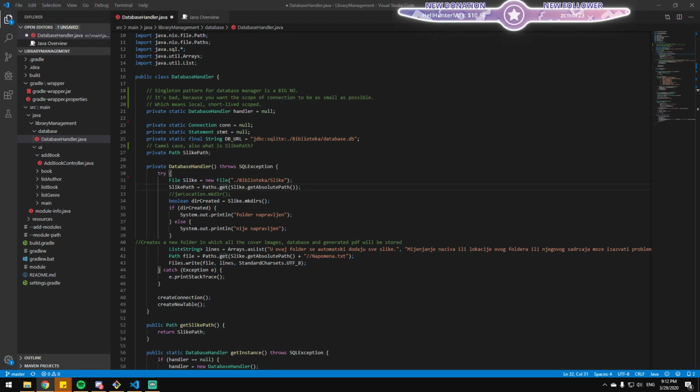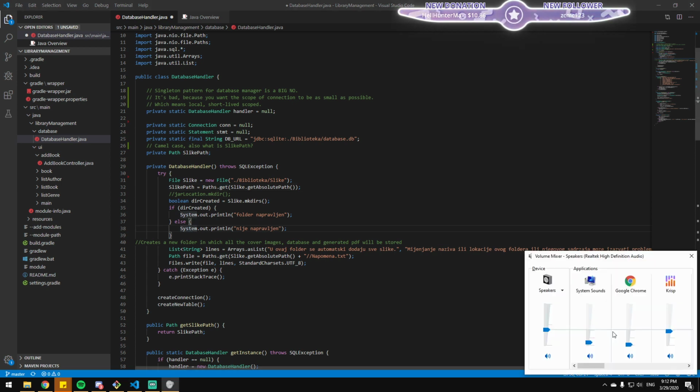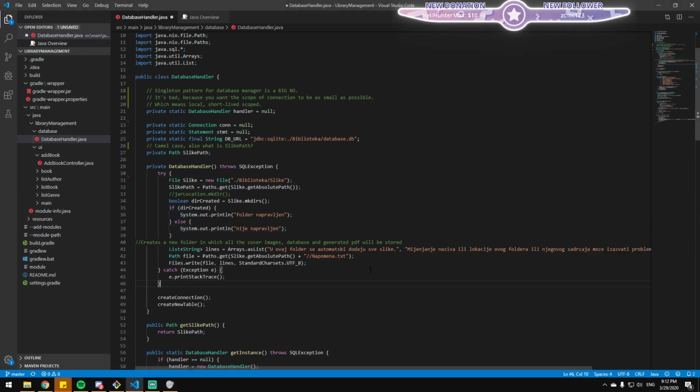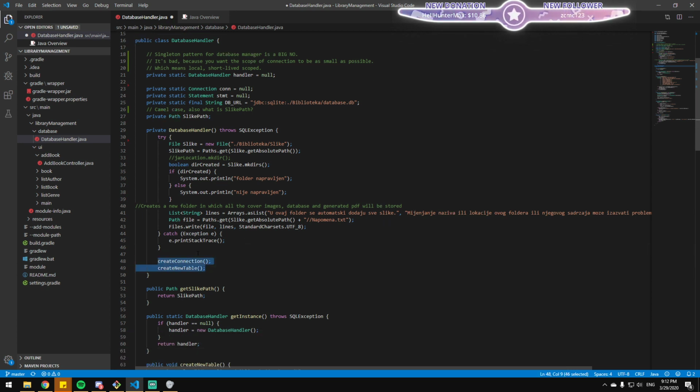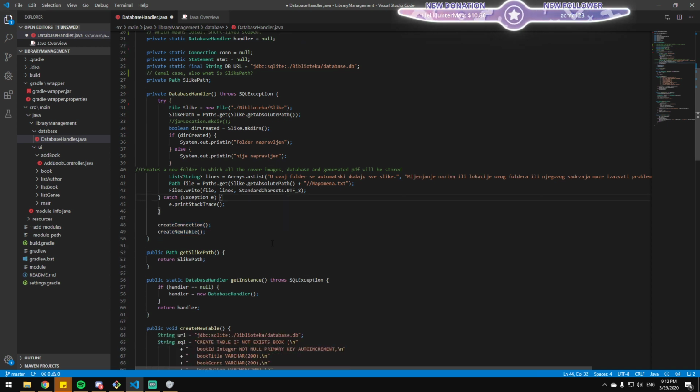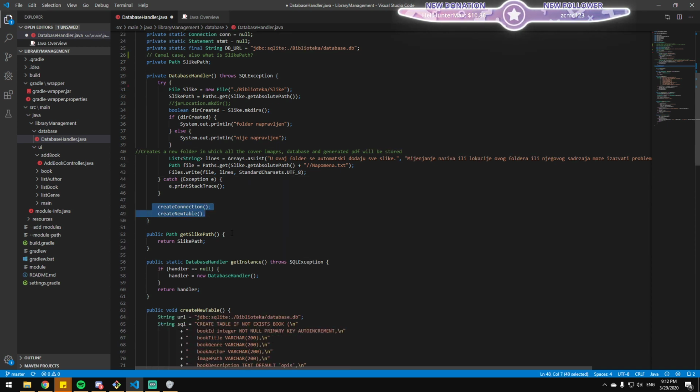That might have something to do with the create connection and create new table methods. The last two lines you should look at. Those? Yes, those two. If they throw something, it might make sense. Probably this one does.